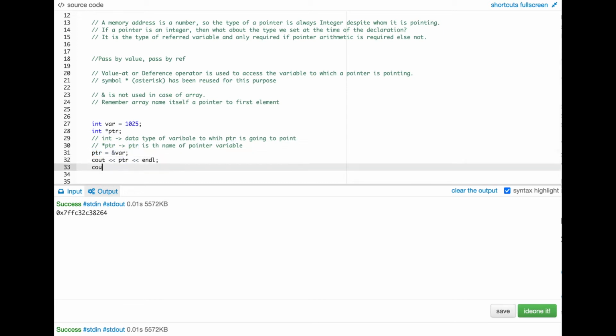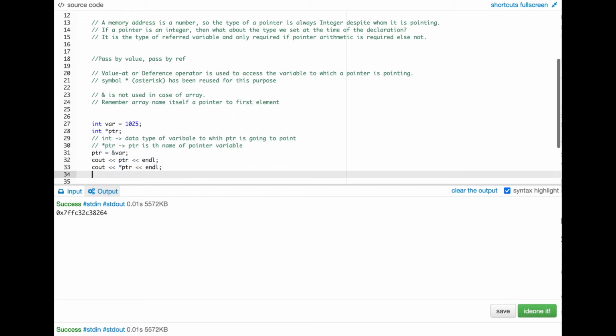Now let us try to print star ptr. As I told you in the last video, this dereference operator, the star, means return me the value stored at memory location ptr.